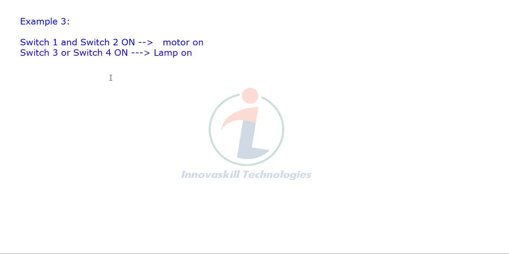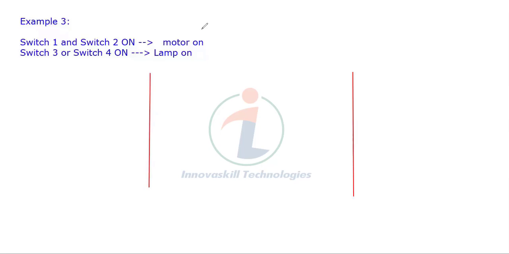So we see the logic of this now. First, totally we have 4 inputs and 2 outputs. Here, for the first condition itself, we have 2 inputs. Based on the logic, what we have mentioned is AND, which represents both. When both the inputs are on only, my output should be activated.